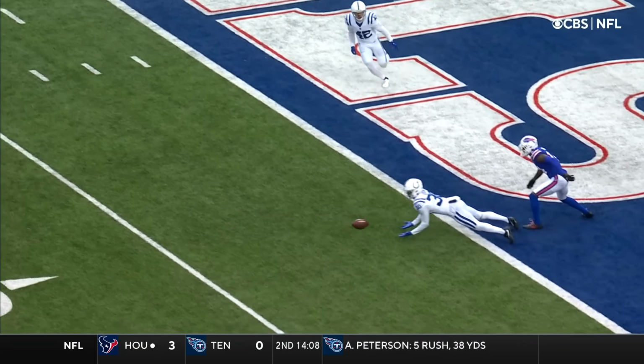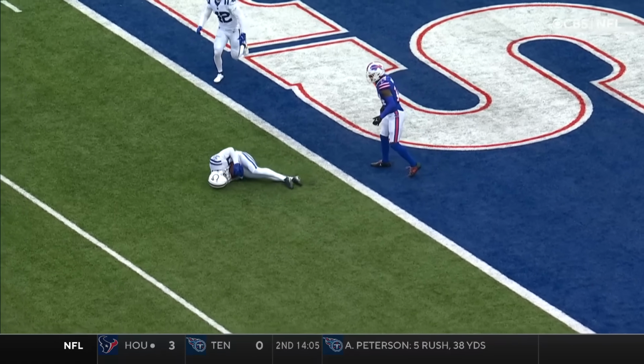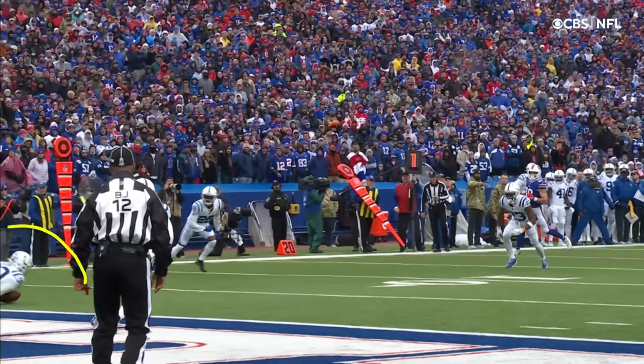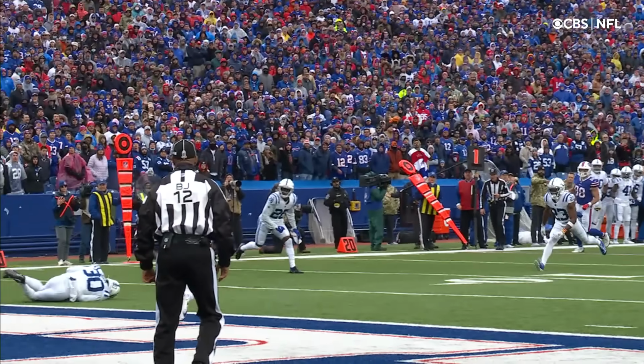Well, I'm not sure. I know it almost looked like Allen was trying to throw the ball away, and as you see, the ball hits the ground there. It's just whether or not the officials ended up calling this incomplete as we were at commercial. You'll see down here, the ball actually bounces on the ground as Odom was diving for it, and